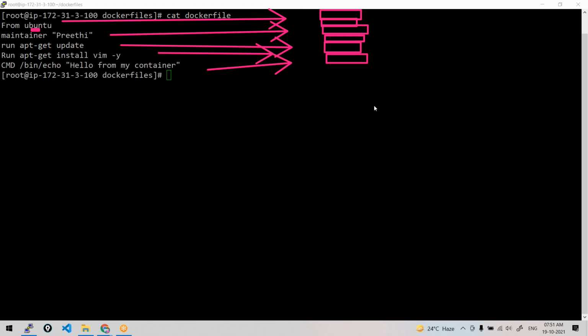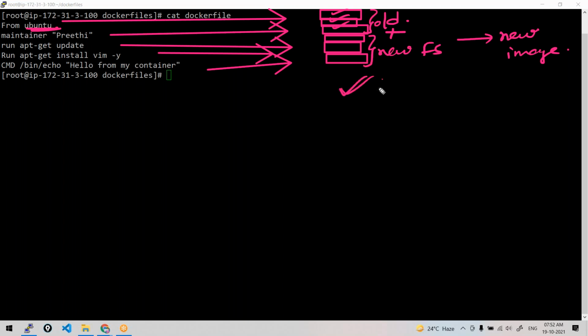See, this is some existing old image. These are Ubuntu file system layers. Ubuntu is already an image. So this is your old image, plus some new file system layers will give you the new image. Have you noticed whenever we are pushing or pulling, it was showing the layer already exists. It was pulling, isn't it? Layer already exists means that image is already there, and only the new layers were getting pulled. This is what happens at the back end, and this is your image.